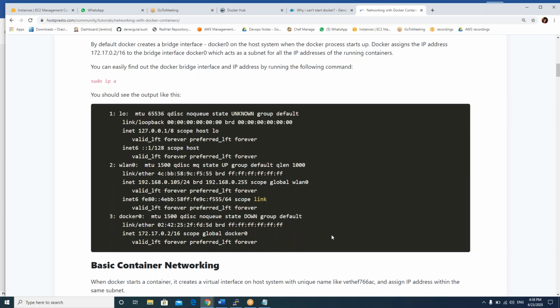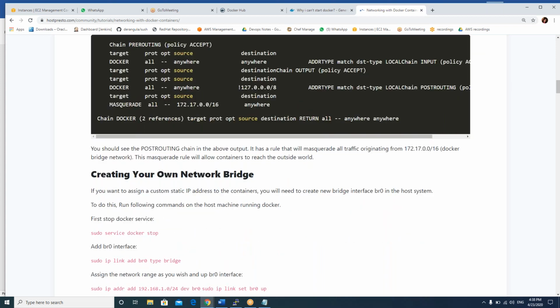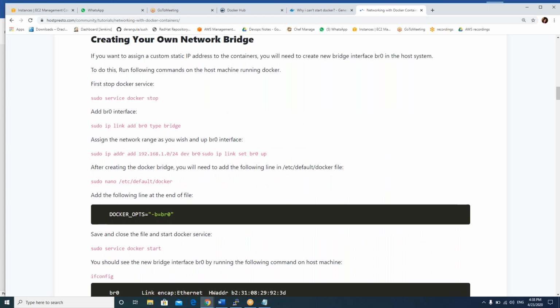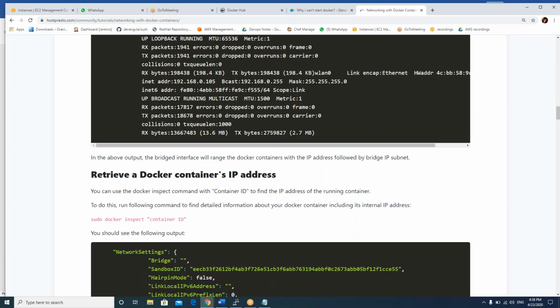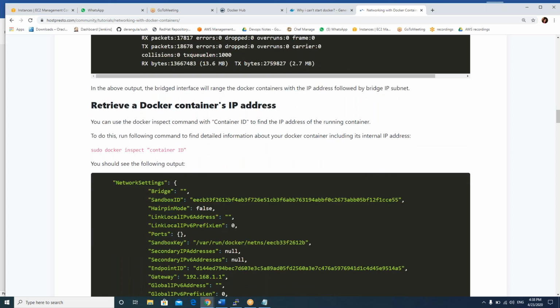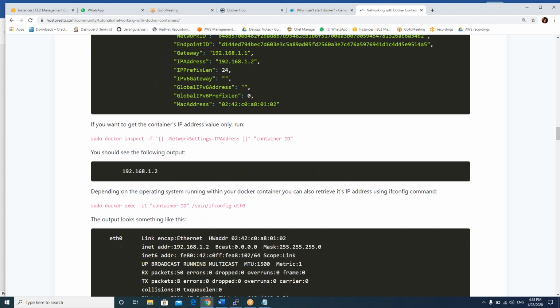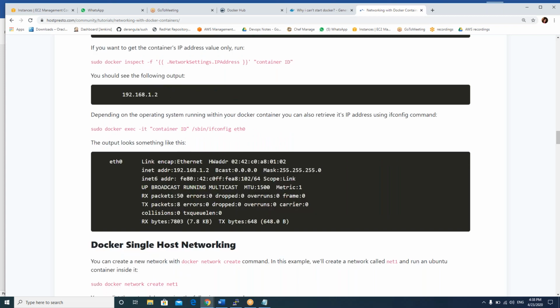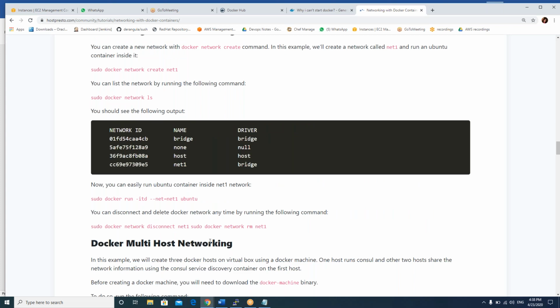So come down, come down. The docker create command should be there. Otherwise, let me give you the command. It's a very easy command. Just a minute. Docker network. Is it there?